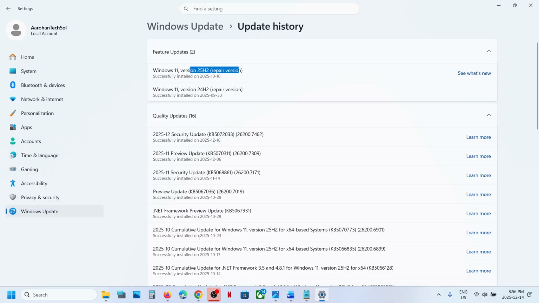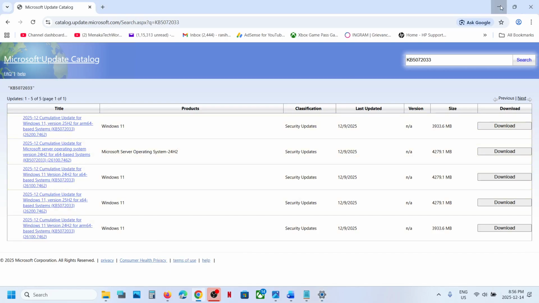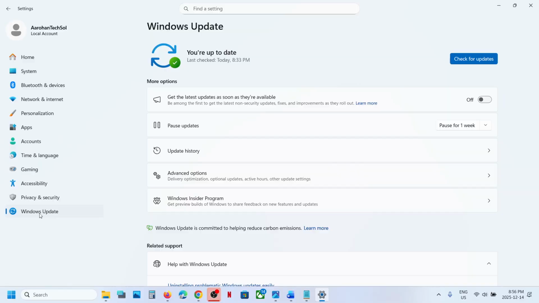Now if you want to use the Microsoft Update Catalog to install the update, you can. Or whichever update you want to install, you can click on Windows Update, then click on Check for updates, and then install that update. If you're still facing the error,